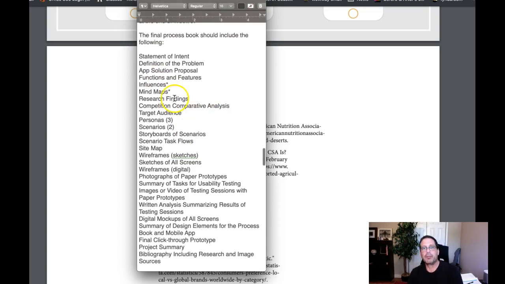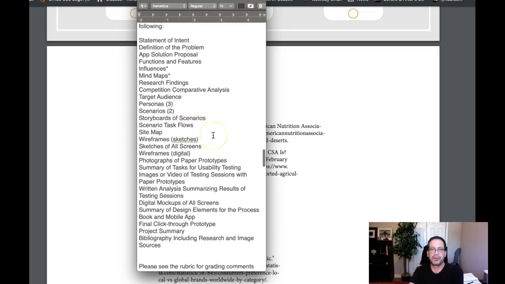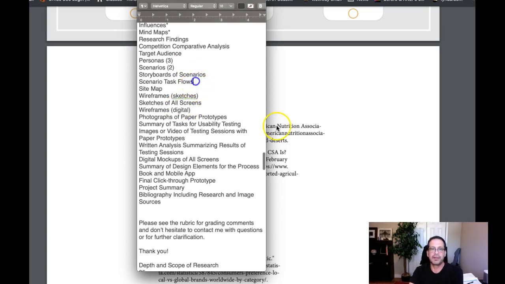Okay, so what I have with an asterisk would be optional, but these are what you should really be shooting for in your final presentation: statement of intent, definition of the problem, app solution proposal, functions and features, research findings, competitive comparative analysis, target audience, personas, scenarios, storyboards, scenario task flows. That's going to end up being